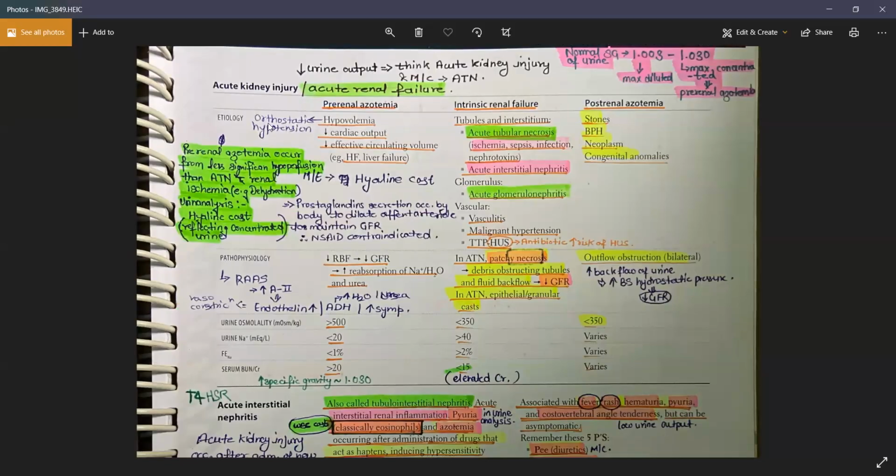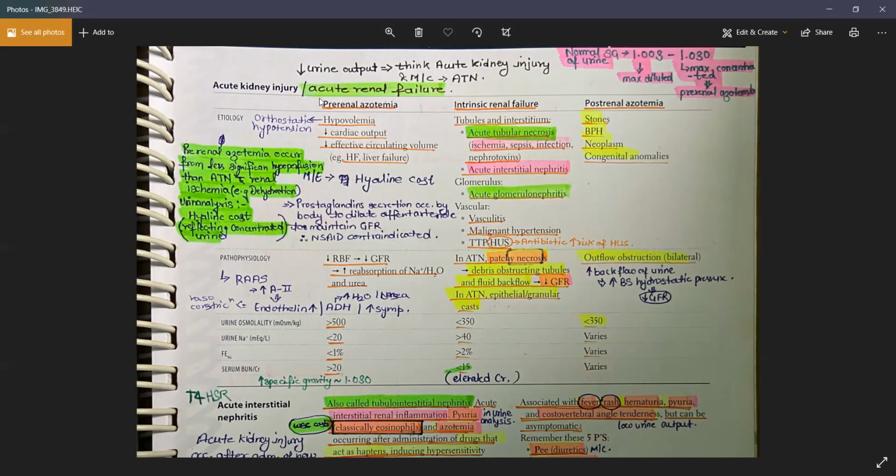Because of hypovolemia, you will be having a history of hypotension. Because of low cardiac output, you will be having a low BP. Okay, it could be not dependent upon the cause. You will either have a high heart rate or a low heart rate. Okay, and you will also have a decrease in the capillary filling time. Oh, sorry, an increase in the capillary filling time will be there, right?